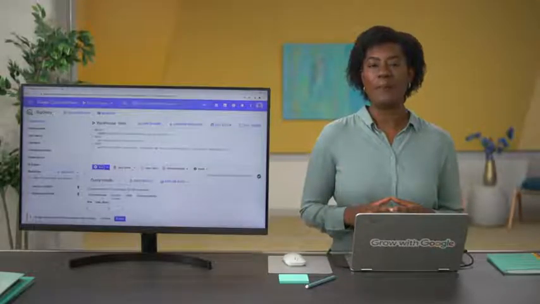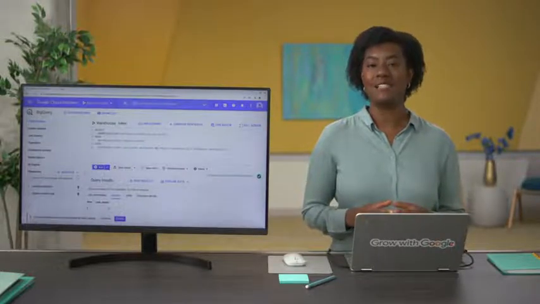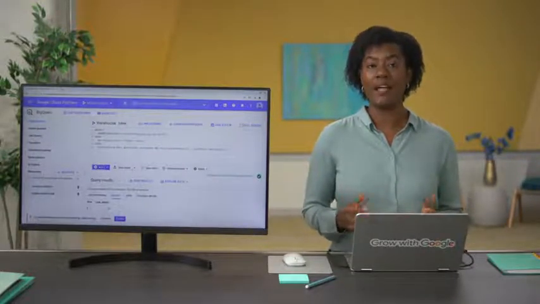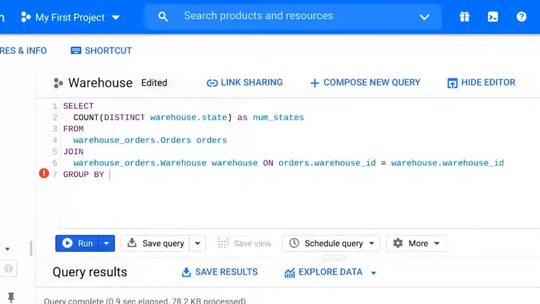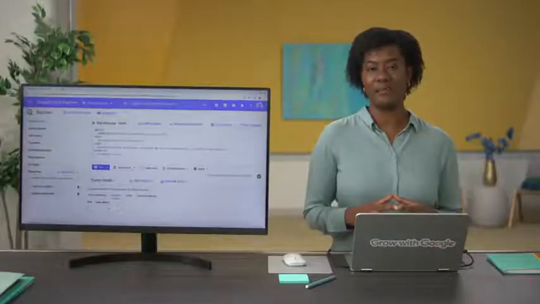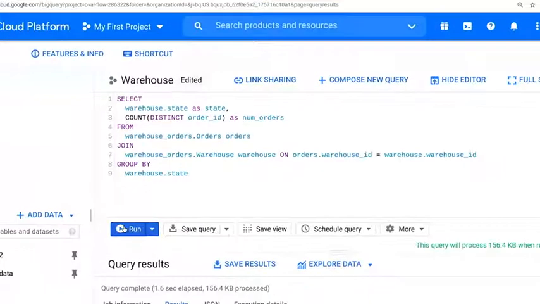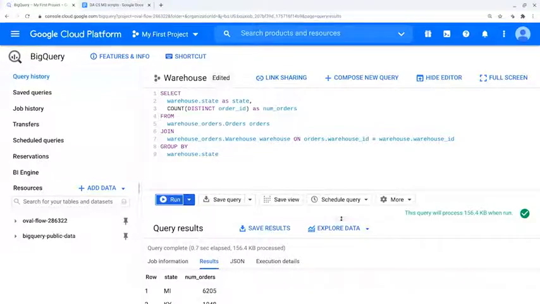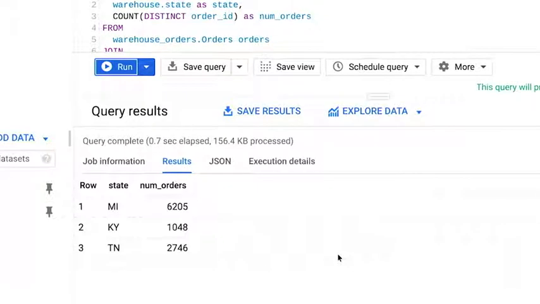Let's check out what happens when we group by the state column in the warehouse table, which we'll call warehouse.state. We'll use join and group by in our from statement. So let's start there again. And then group by warehouse state. Now, let's build out our select statement on top of that. We're still going to use count distinct. And let's run it. Now we have 3 rows, one of each state represented in the orders data, and our count distinct on the number of orders sums up the count we ran earlier,